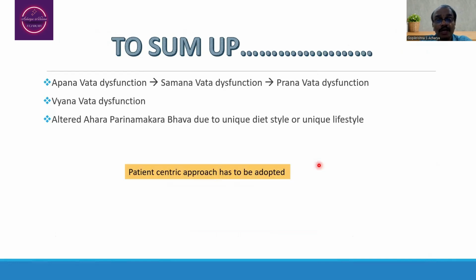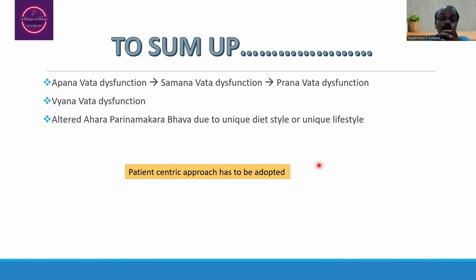To sum up as such, whenever the person is having the Apana Vata dysfunction, there may be a possibility of Samana Vata dysfunction, and there may be a possibility of the Prana Vata dysfunction. Apana Vata dysfunction will be associated with the heaviness of the lower abdomen, or the person may be having the constipation, or the person is having the excessive passage of the flatus as such, or the person may be passing the very hard fecal matter as such, which in turn results in the reverse movement of the Apana Vata. Thereby, that may lead to the Samana Vata dysfunction, wherein the person may have the loss of appetite,